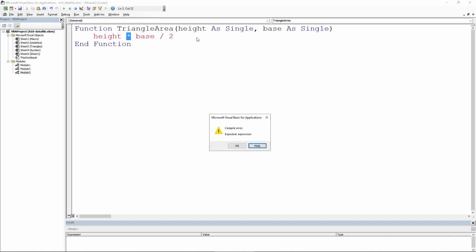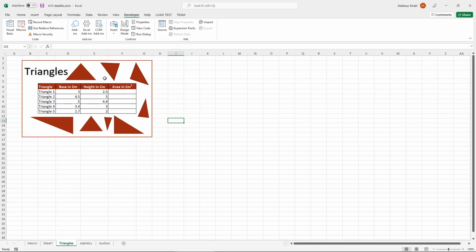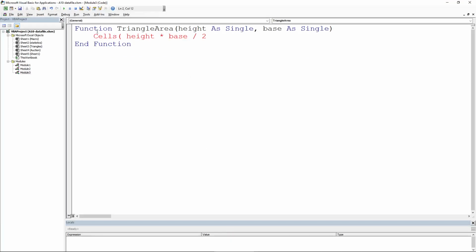However, I want to put that answer somewhere. And some of you try to do this. Some of you try to say, oh, cells, and you went and got the cell name here, which is F7. You try to put it in F7 and so on. The problem with this is you're always doing it for F7. Remember, we're doing a function and we're going to be dragging it. With functions, if you write the name of the function and say equals, the thing that you calculate will be,